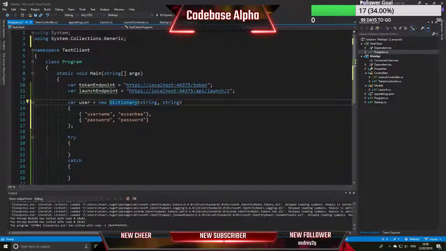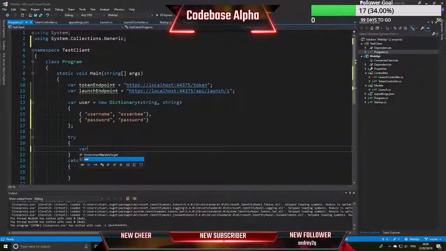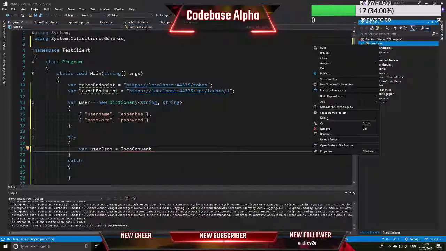So that's our user object, and we need to serialize that. But what we'll do is we'll serialize that within the try catch. So we call that user JSON, and we're going to serialize it. So I'm going to do a JSON convert on that, and we're going to need to actually bring in a JSON package for that. So we're going to go off to the NuGet packages,